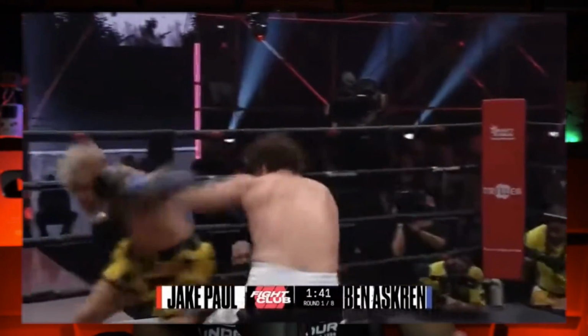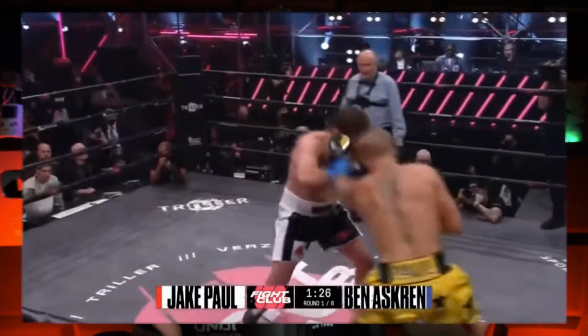But also, another thing we have to talk about is, yes, Tommy gets hit with a little check hook there, and Jake does like his check left hook as he goes backward, as he's being pressured. At this stage in their careers, and because they are a little bit bigger guys, these things are going to happen. To come into range like that, you're going to have to risk it for the biscuit just a little bit. So yes, there are instances where Tommy should be a bit more safe and cautious, but anytime you initiate forward action, you have to understand there is a risk involved,